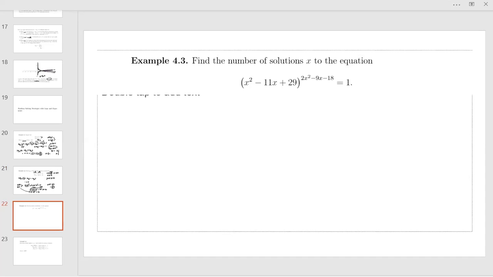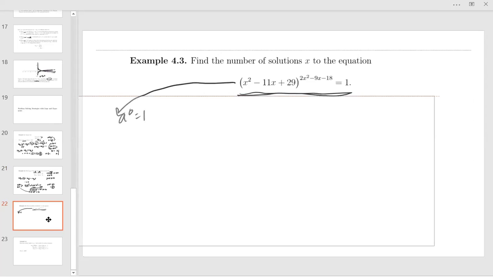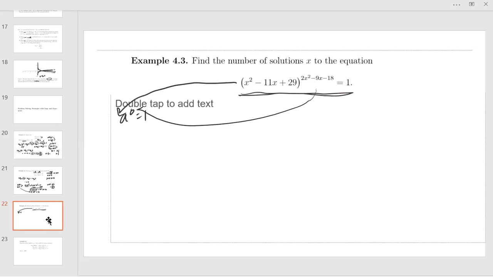So next, we have this example. We have this equation in x, and we want to find the number of solutions. So we have a to the b is equal to 1, where a is this, and b is this quadratic. So when we have a to the b is equal to 1, we can either have b